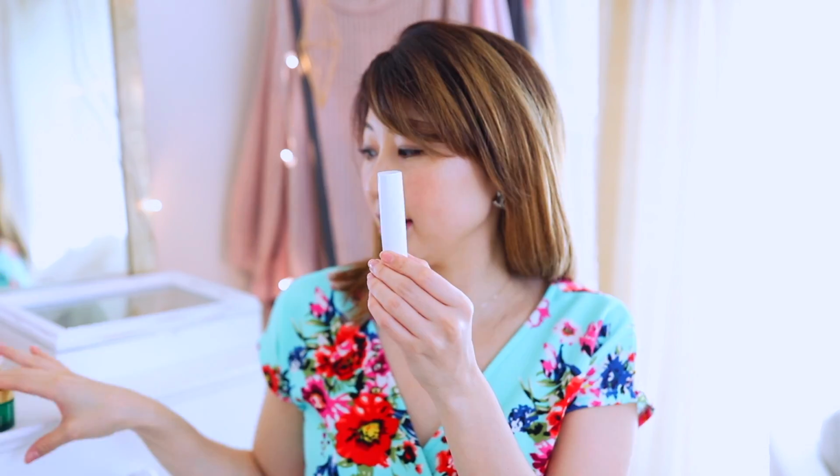This I got at the same place I got this. I figured that since all of their other products work well for me, their chapstick would work well for me as well, and it does. Super plain. It looks like a glue stick, but it works. So I use all those products at night, and in the morning, if it's before putting on makeup, I will